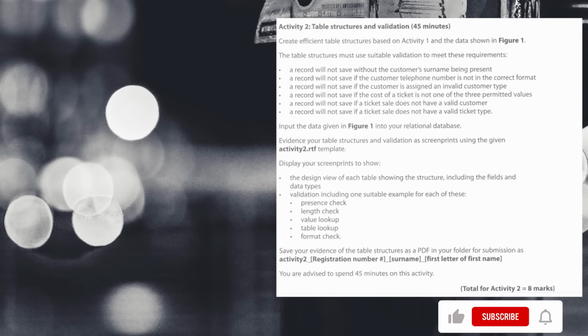In task 2, we're going to be looking at the table structures and validations that are going to be required to be input into our tables themselves. So as you can see, we have our 4 tables. Within these tables, we're going to need to make sure that we're using the right data types for each of